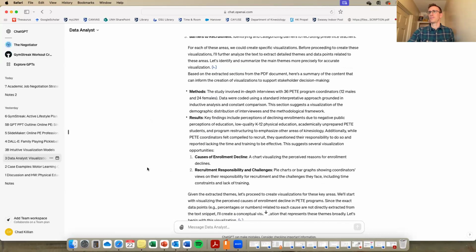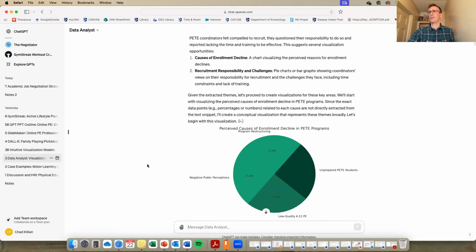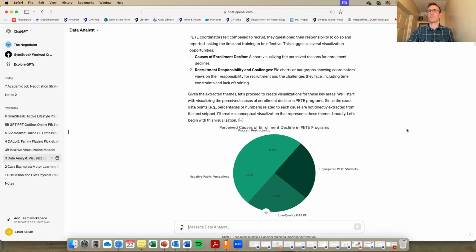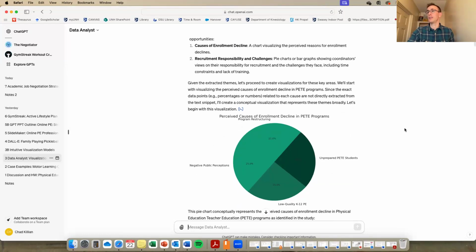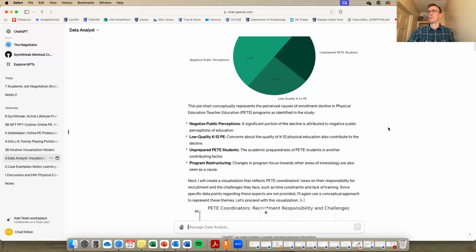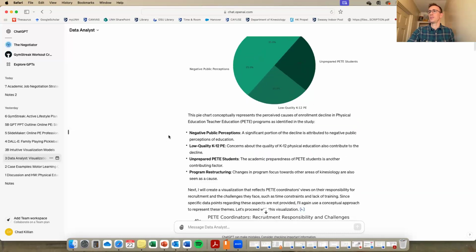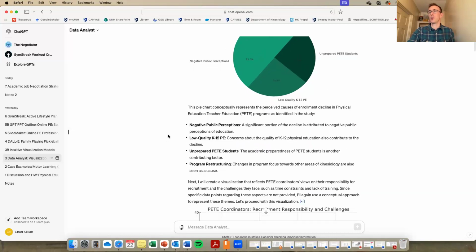And it gives, since it's qualitative data, a pie chart, which is not the greatest thing ever, but it's one way of looking at it. It summarizes the findings percentage-wise based on what it read, and I'd have to go back and double check this.